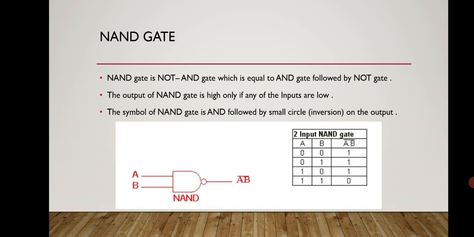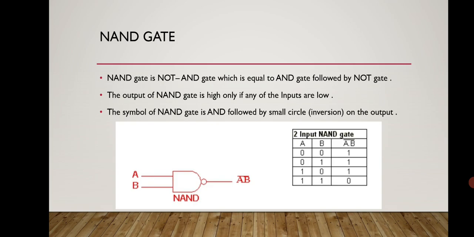Now let us see what a NAND gate is. The NAND gate performs the reverse operation of the AND gate, guys. We represent the NAND gate by using a bubble at the output section of the AND gate. This performs entirely the inverted output of the AND gate. What does it mean? When both the inputs are 0, or any one is 0, the output will be 1. This is the condition of the NAND gate.